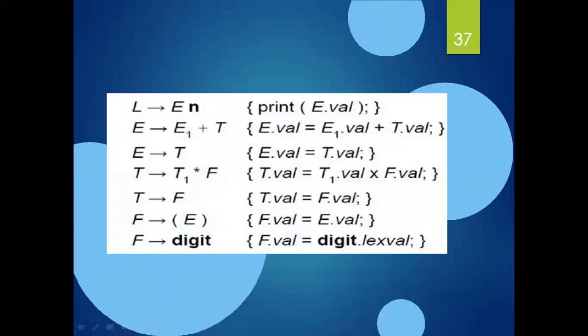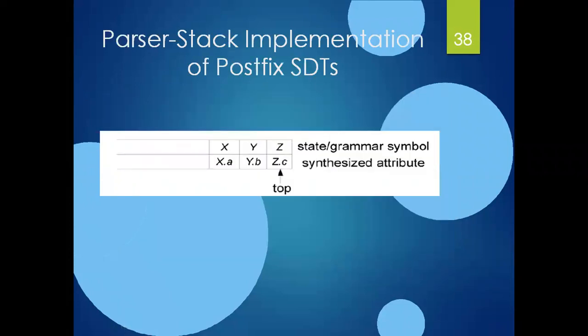And now here I am parsing with a stack. That is, I am implementing the stack. How to implement this stack? Before seeing the example of how the implementation takes place, first there are some guidelines for designing the translation schemes. The guideline to be followed is that for every semantic action, if it refers to some attribute, then that attribute value must be computed before that attribute gets referred. Make a note of this.